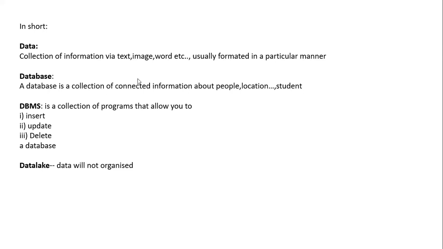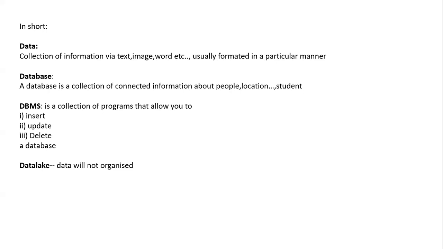Starting with the data: in ETL testing, we are going to validate the data. We just need to play with the data and do lots of validations, and everything is based on the data only. So we need to understand what is data, what is a database, what is a database management system, and what is a data lake and a data warehouse. These terms will be helpful to you while working. Also, what is a data mart. Some companies prefer to store the data in a data mart. We'll also use the SCD concept. We'll see all of this in today's class.